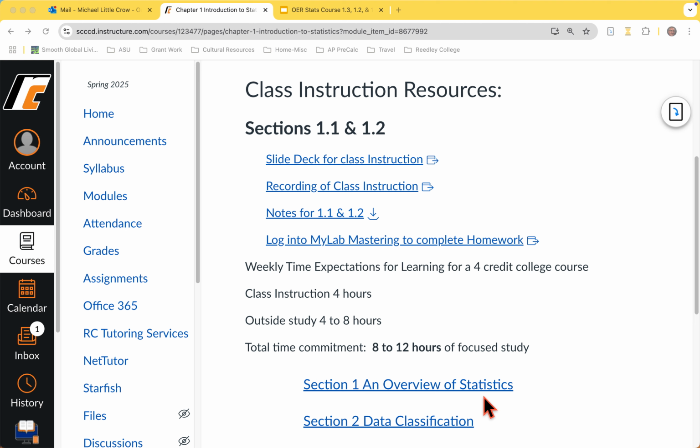There's also, in Canvas now, the second link is the recording. So if you missed class, we recorded it. And what I'm doing right now is also being recorded. So the screen and my voice, and anyone who speaks loud enough for this microphone to pick it up, will be recorded, and then we'll post it at the end. So we can always go back and pick things up.